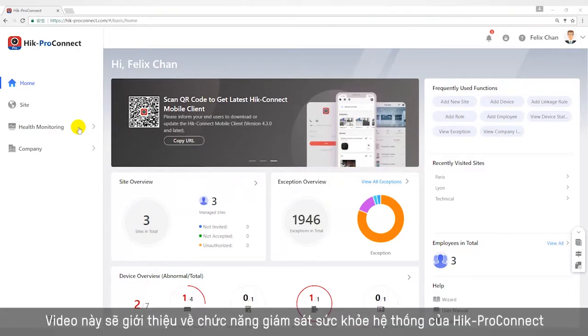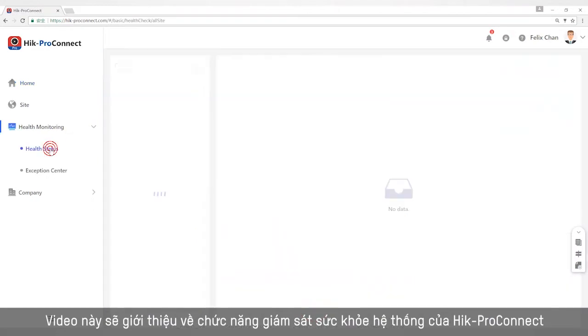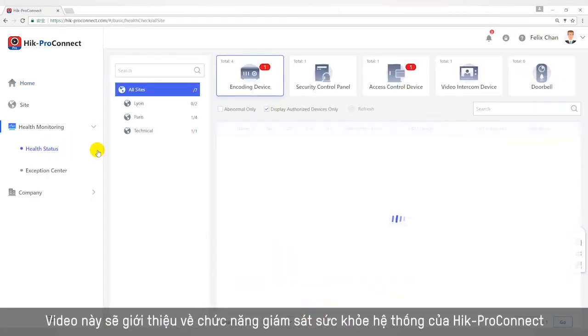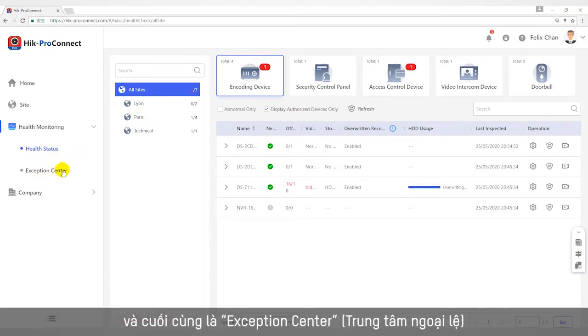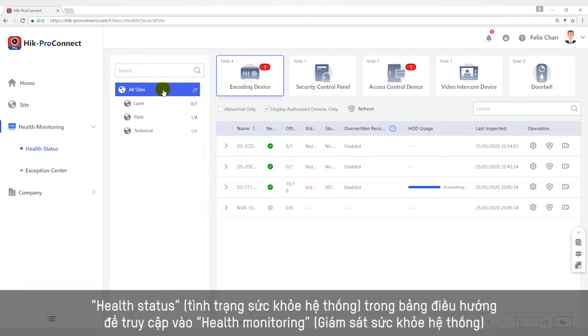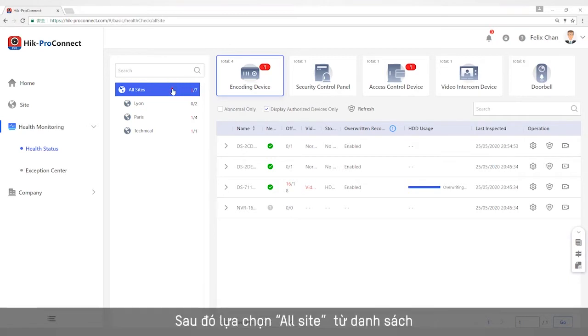Hello everyone, this video will introduce the health monitoring function of Hik-ProConnect. There are three parts in this module: view status of devices in all sites, view status of devices in a specific site, and exception center. Click Health Monitoring, Health Status on the Navigation panel to enter the Health Monitoring page, and then select